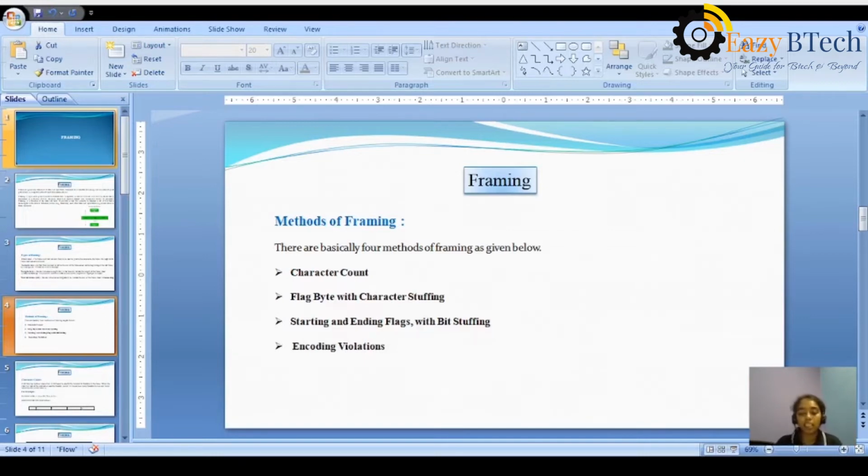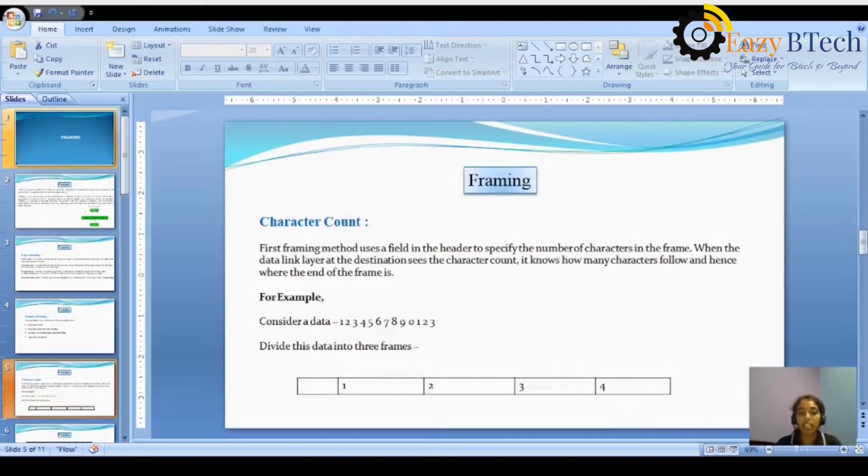The first one is character count. This is the first framing method. It uses a field in the header part. While sending a data frame from source to destination, it assigns the starting of the frame.